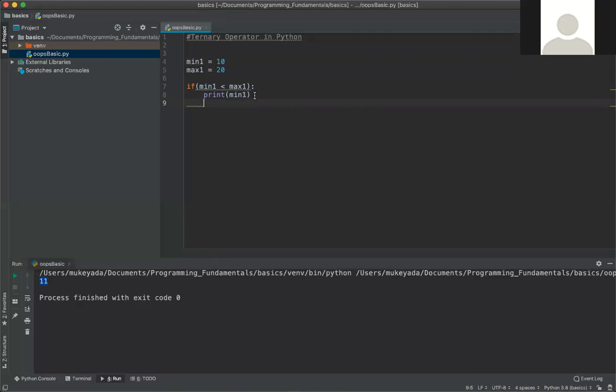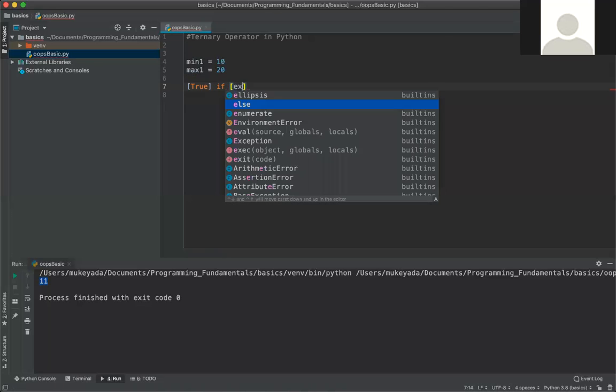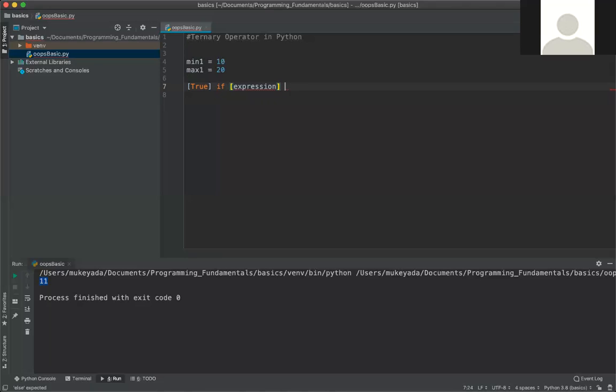But instead of following the if-else rule, it's very hectic and we have to write several lines of code, and it unnecessarily makes the code lengthy. So instead of that, we can use the ternary operator. According to the ternary operator, first of all we need to write the true condition. The first block should be the true condition. After that we need to write the if clause, again we write the expression, then the else clause, then our false condition. Guys, please pay some attention here.